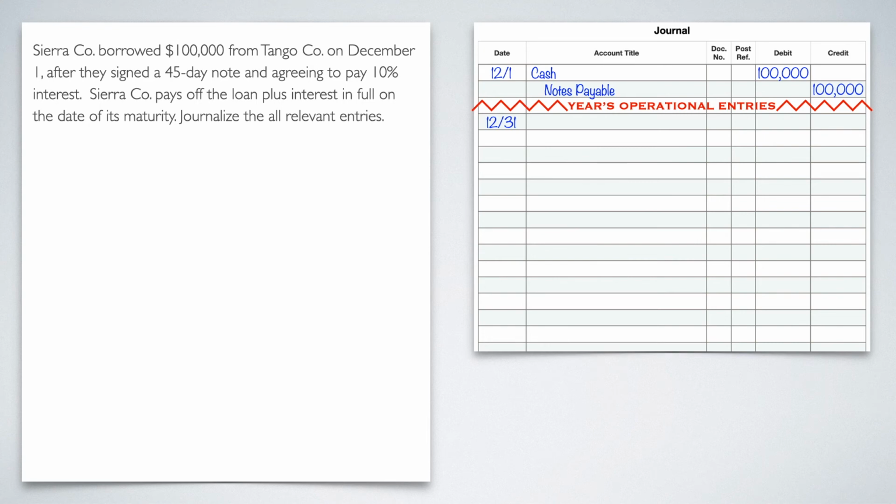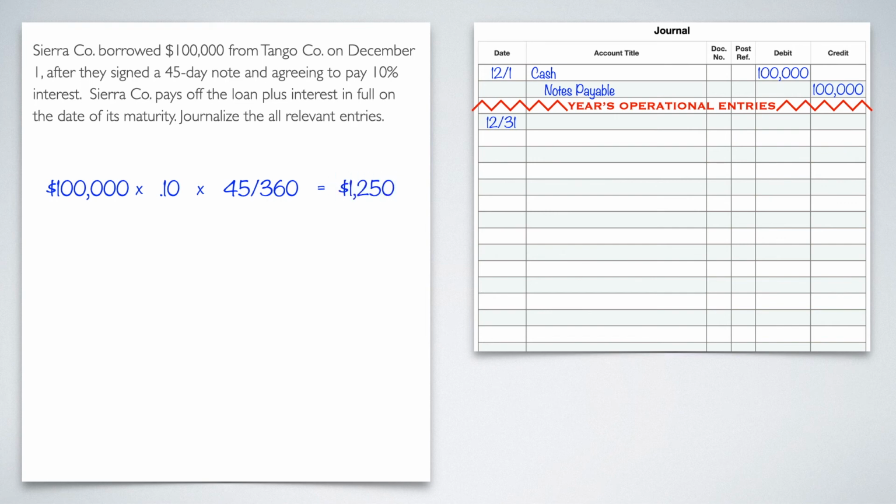If you break out your calendar and you count the days, remember you start with December 2nd. And so that gets you to January 15th. But we need to stop as of December 31st. So again, same equation. 100,000 is the principal amount. 10% is going to be the interest rate for this one. Time expressed in a fraction of a year. Remember, this is a 45-day note, and because it's in days, we're going to divide it by 360. We're going to use the banker's rule. We're going to assume that the year has 360 days rather than 365, because that's going to give us a nicer fraction. And that will give us a total interest of $1,250.